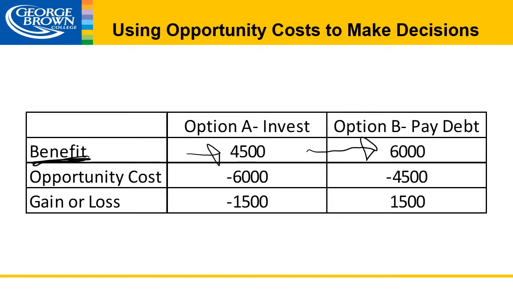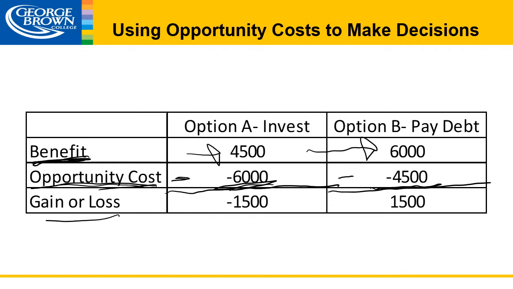But if we understand that the opportunity cost associated with each option is basically not getting the benefit of the other. For example, the opportunity cost for option A is not getting the $6,000 from option B. The opportunity cost for option B, or paying down the debt, is not getting the benefit of the investment income from option A. When you take the benefit, subtract the opportunity cost, you get